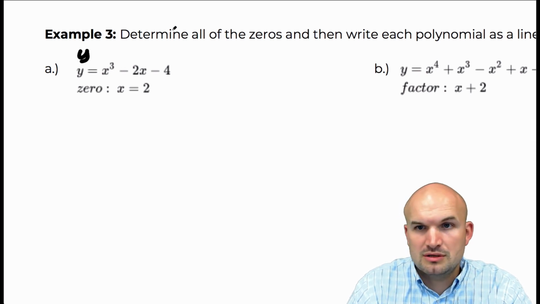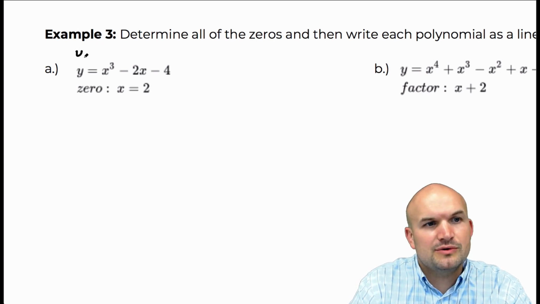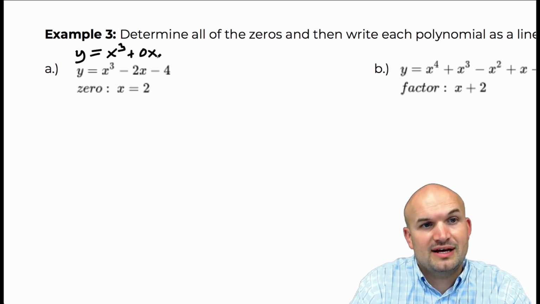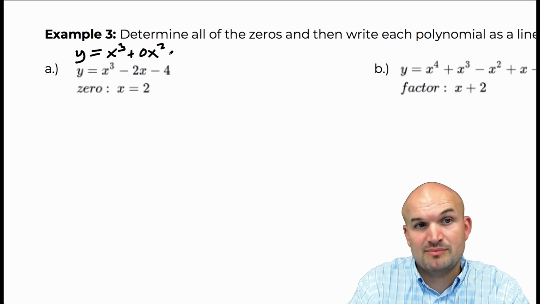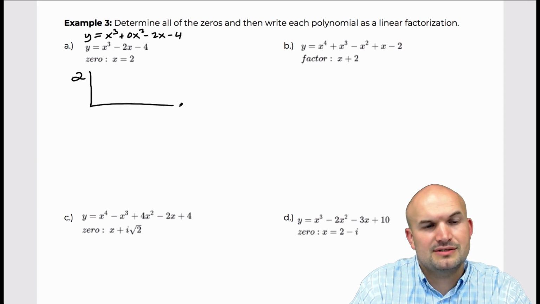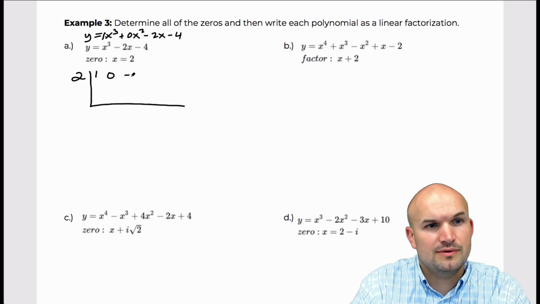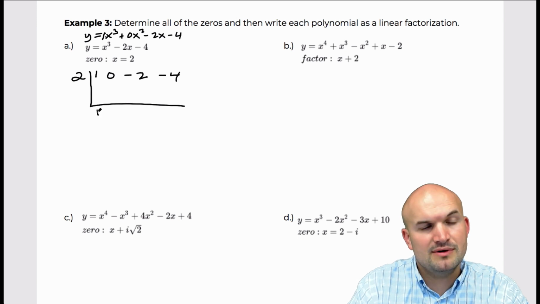Remember when we're looking into using synthetic division, we have to make sure all the terms are covered. So in this case, since I don't have an x squared, I'm going to put a 0x squared, because remember, for synthetic division we have to use all of the coefficients. Okay, so what we'll do here is I will take the 0 on the outside, and then I'll create my synthetic division section, and then I'm going to take the coefficients. Remember, there is going to be a 1 in front, so I'll have a 1, a 0, -2, and -4. So remember, with synthetic division, that first term you're going to bring down, and then you multiply the